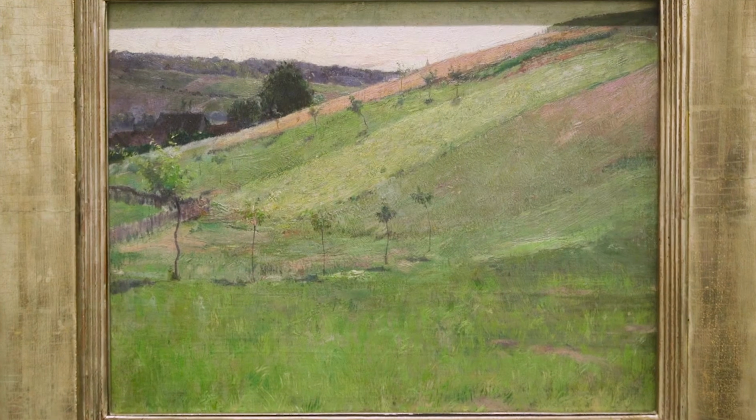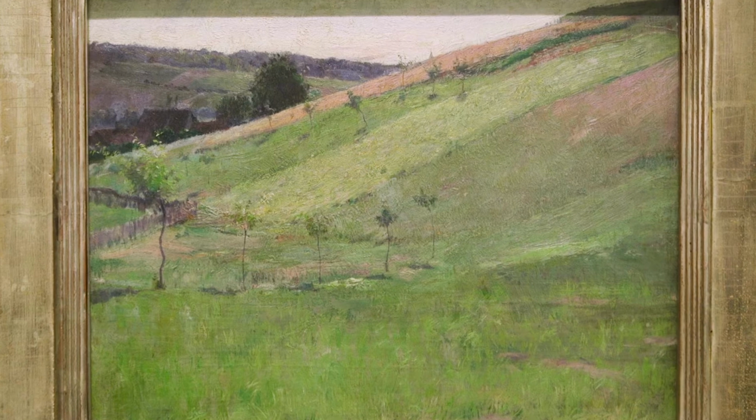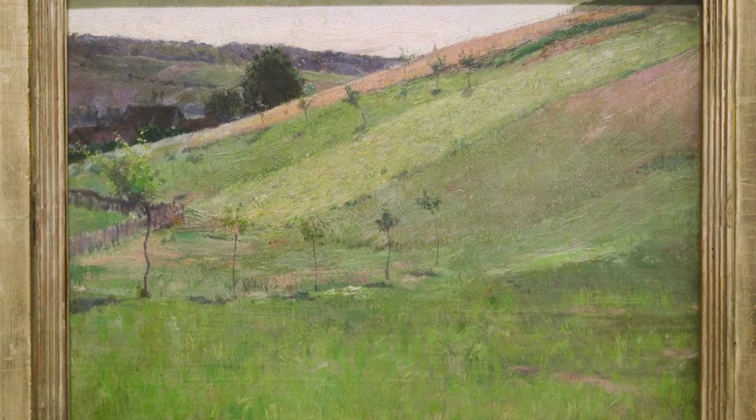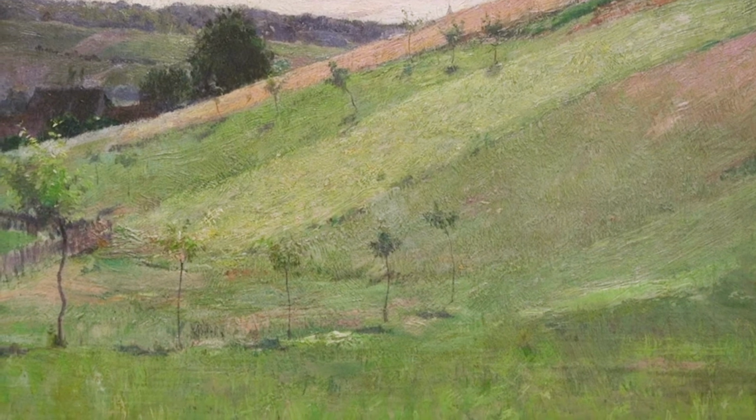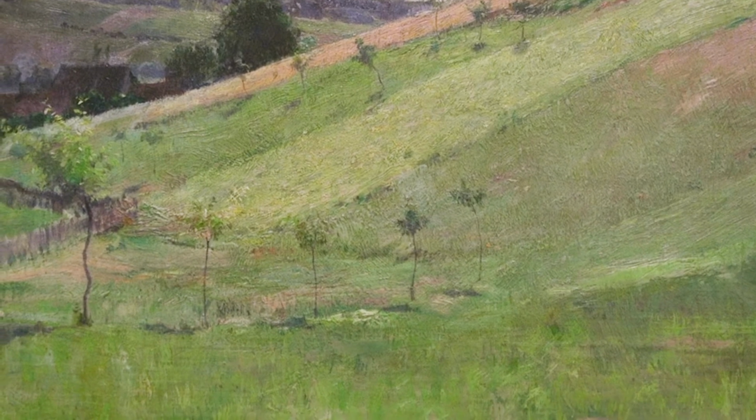I was able to work on this colony for an exhibition many years ago, and this painting struck me as being a little bit different than the others, a little more soft and quiet, something mysterious perhaps, and it's in the unusual viewpoint. We are immediately confronted with this sort of empty hillside. It's in this sort of soft purple light that's in the back hill, perhaps sunset or sunrise, something that's happening